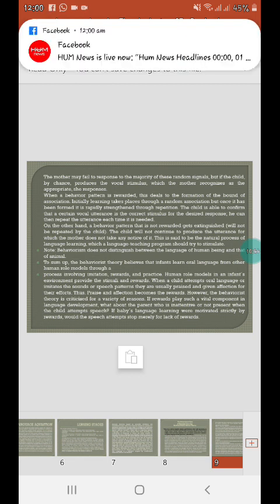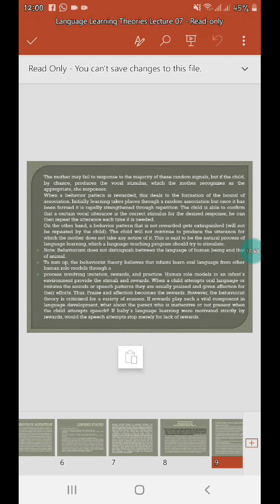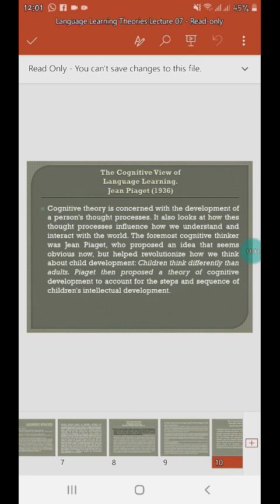Infants learn oral language from other human role models through a process involving imitation, rewards, and practice. We learn language through imitation, we get rewards, we get encouragement, we get punished, we get discouragement. So, from our environment, from imitation, from punishment, we learn language. This is what Skinner tries to tell us.